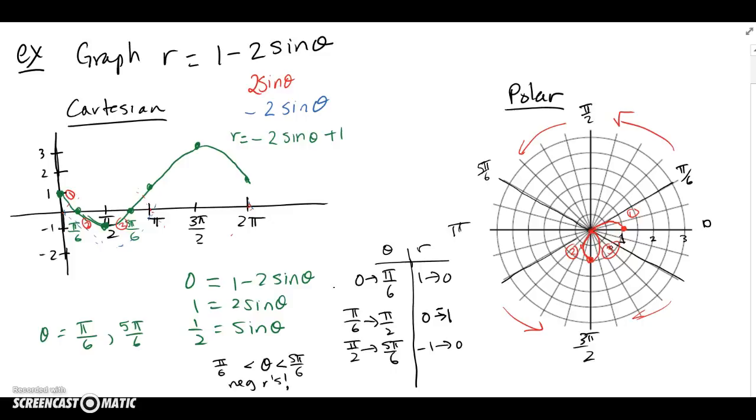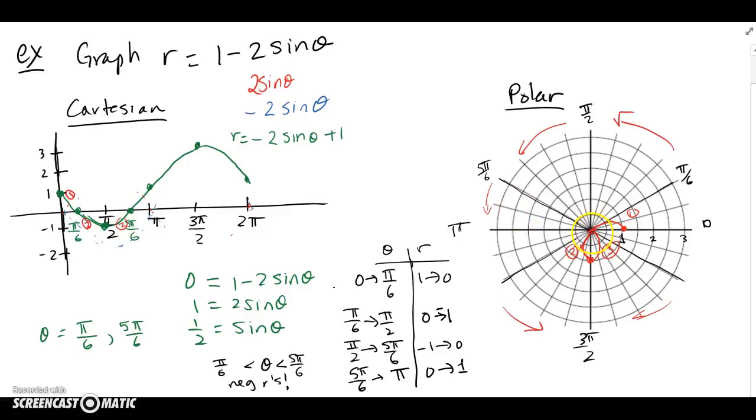And also it looks like we have pi/2 vertical line symmetry here, so we could even guess that this is the next piece, but let's go see how it develops. Now as I go from 5 pi/6 to pi, it's increasing back from 0 to 1. So all the R's are back to being positive. So as I'm sweeping through from 5 pi/6 to pi, all the R's are positive, so they remain in that